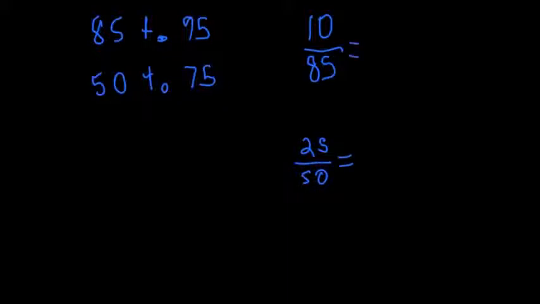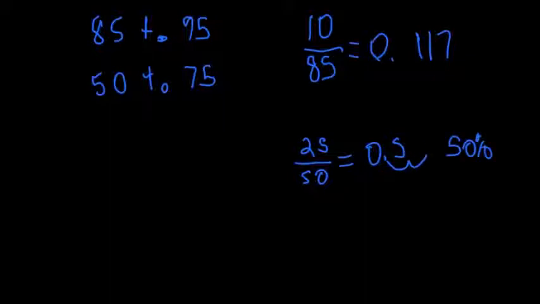So now we're going to divide. 10 divided by 85 is going to be 0.117, and we can just round these to the nearest whole. And then 25 divided by 50 is going to be 0.5. So you make these percents. So this is going to be 50%. Make this a percent. This is going to be about 12%. So the second person had a much higher increase in percentage of their grade than the first person, even though the first person scored higher, or